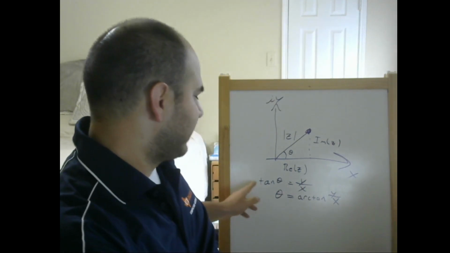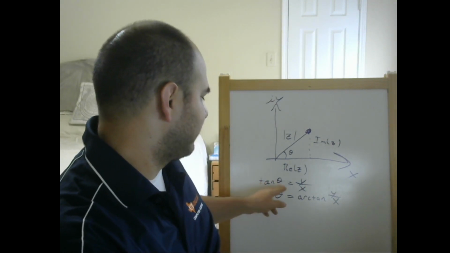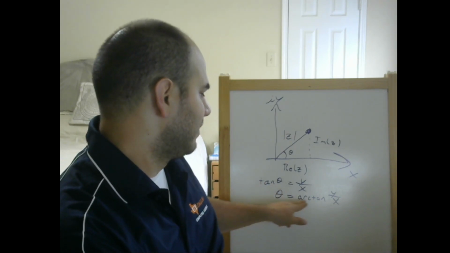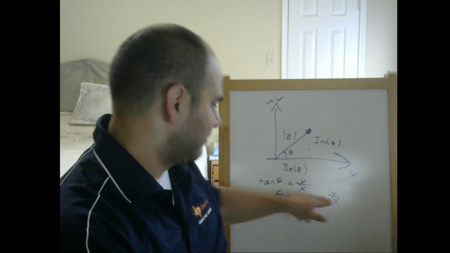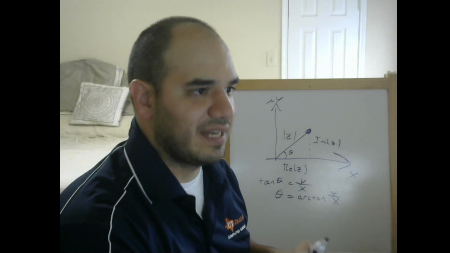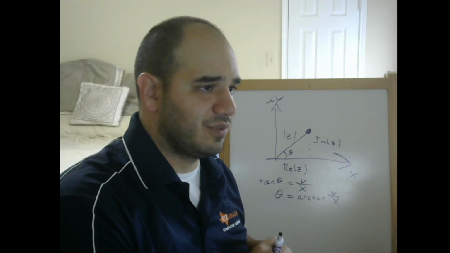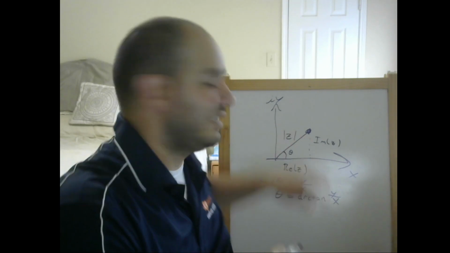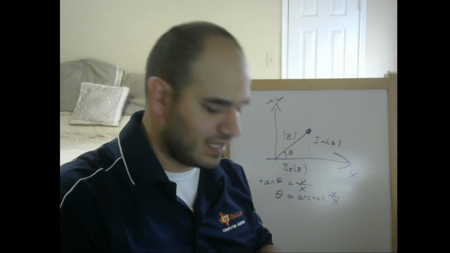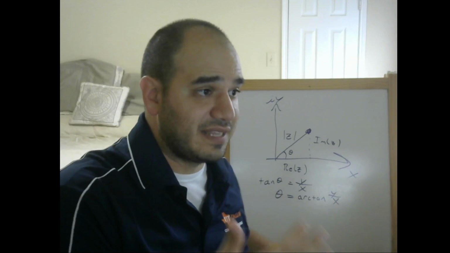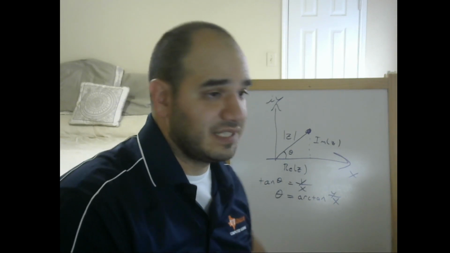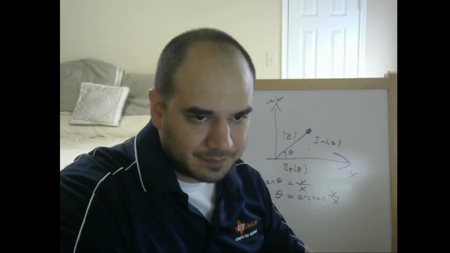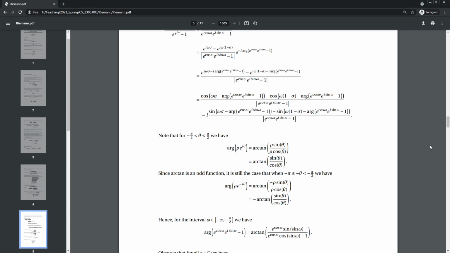well, then we just take the inverse trig function. So the arctangent of this is going to give you the angle, and the arctangent of this is really how you compute that angle. So that's all we're saying, is that we're going to consider it now in terms of trigonometry, and say that it is possible to find that angle. And we're going to use the arctangent to do that. Okay, so whenever theta is in that range, then we can just state it as the arctangent, and we find out that